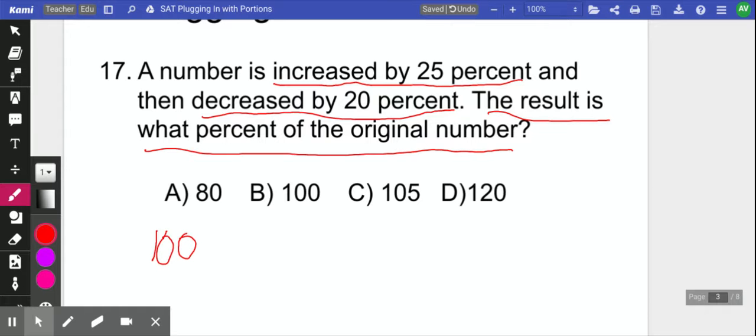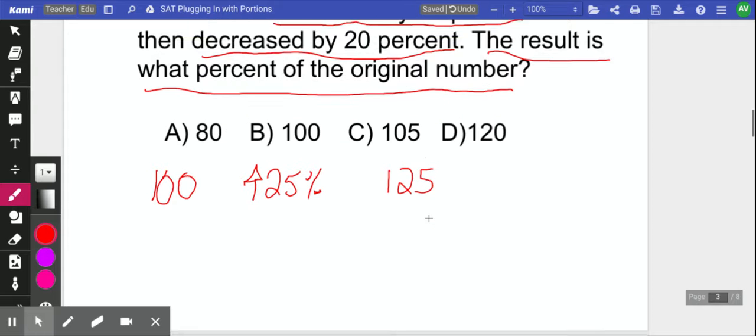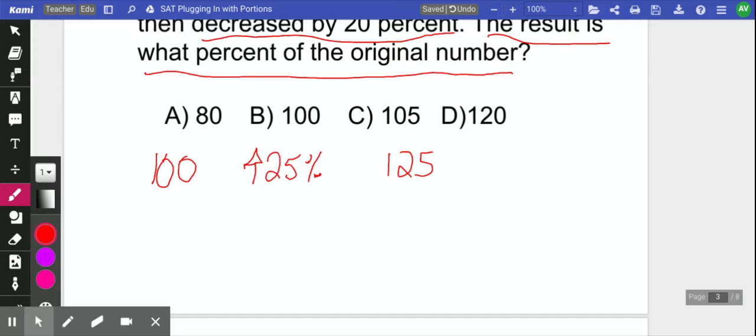The numbers increased by 25%. So hopefully you guys know that if you're working with 100, 25% of 100 is 25. If I increase 100 by 25%, I get 125. Okay, then it is decreased by 20%. So I'm going to do 125 minus